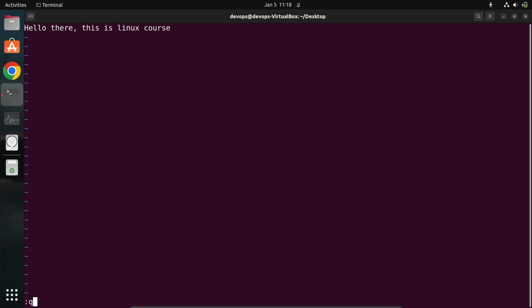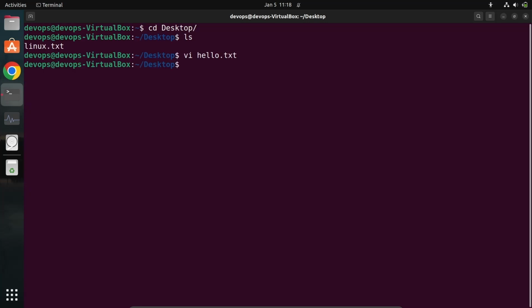Once I write colon q, then it will quit, and it will also save whatever you have written. If I type q exclamation mark, then it will quit without saving changes made to the file. And the main thing is wq. And with exclamation mark, it will write anything to it, save it and close the vi editor. And wq is the same as the x key. So if I wq and save it, and exit, and if I list the files,